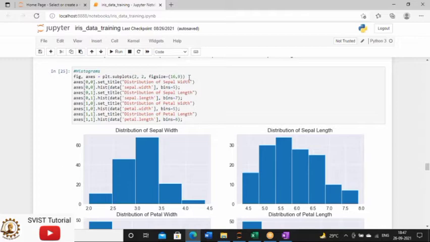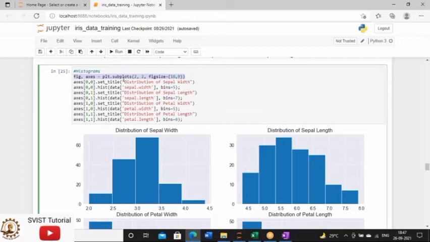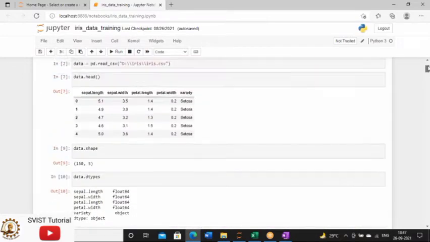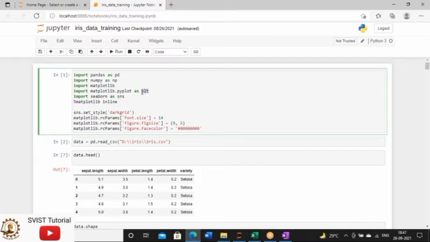The first thing for designing a histogram is that you have to use plt.subplots. So what is this plt? Again, we know that plt is an alias. Alias of what? plt is an alias of the library matplotlib.pyplot. Instead of calling this library matplotlib.pyplot, which is a large name, we prefer to call it plt.